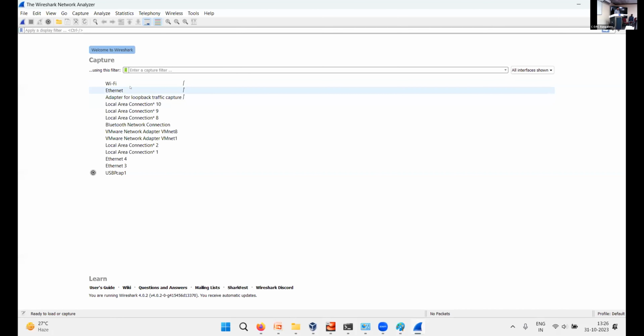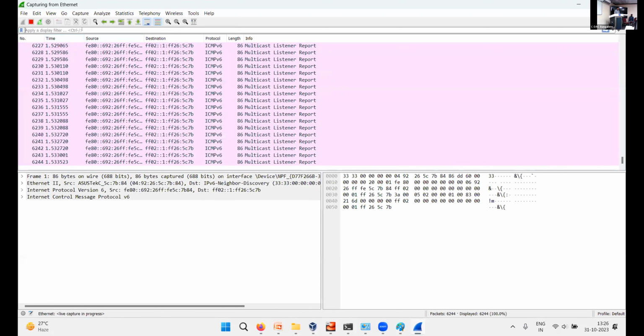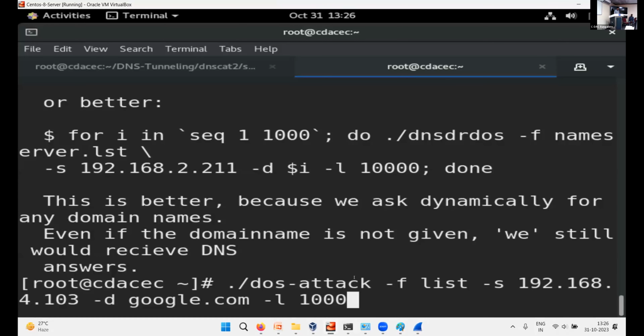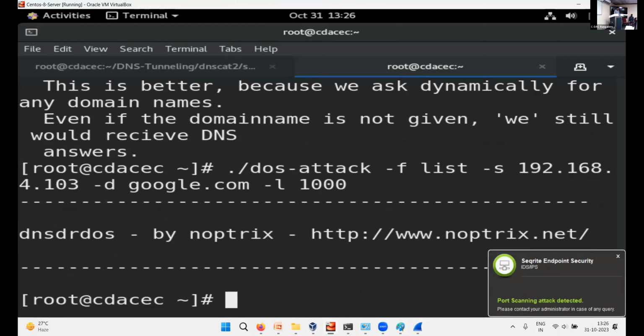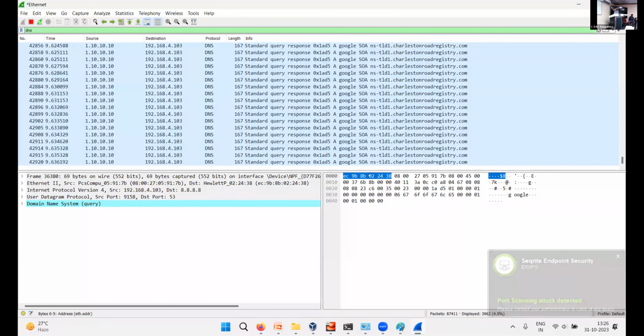So I use the Ethernet device, and I just filter for DNS only. And you see what is happening. If I send this command here, it is sending queries, and the reply will come to the victim. 1.1.1.1 is replying to that machine. So this is the reflection which is happening. Amplified reflection.